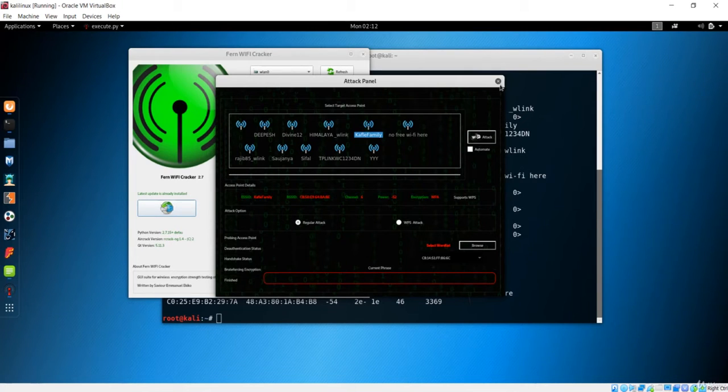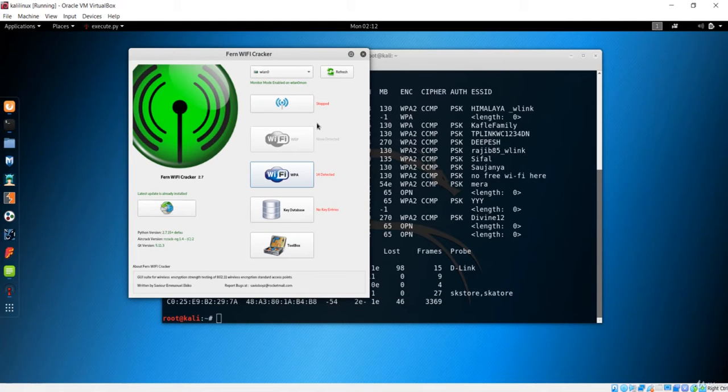But we are not going to do it with this because this is an easier process and anyone can do this. Our aim is to make use of airodump-ng, and the way the network layer works is that we have to deauth some of the clients so as to get the handshake. We use the handshake protocol to send the packet, and we acknowledge that packet, and then we use the word list to crack this WPA.